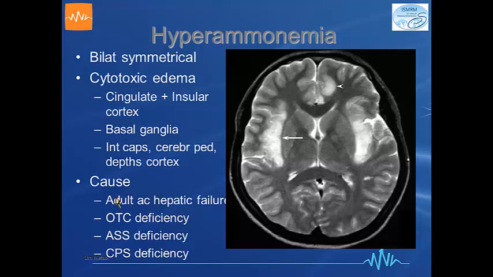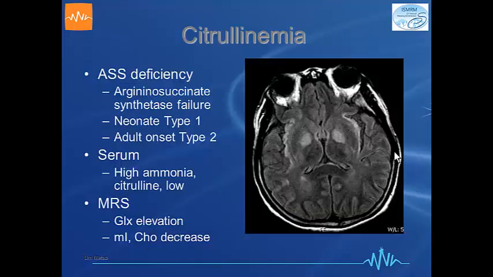And the cause of increased ammonia, the most common would be adult acute hepatic failure, typically after TIPS, where you can see pretty much the same thing. But this patient did not have liver failure and his liver enzymes were normal. The other types, like OTC deficiency and citrullinemia that I mentioned just now, were eventually investigated. And there may be situations where laboratory tests can see this, and for us, in terms of MRI and MR